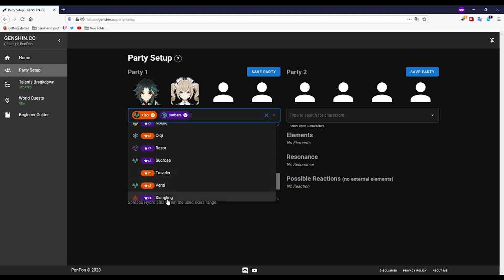Xiangling, the thing with Xiangling is that the Q pushes away enemies, which can be really annoying for you. Depends if you can handle that type of gameplay. Venti, Q brings in the enemies, really good. The issue with